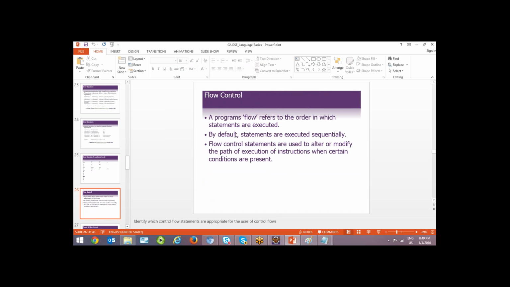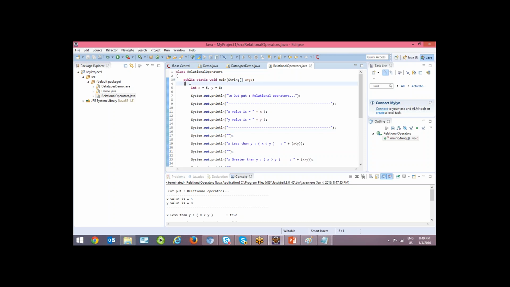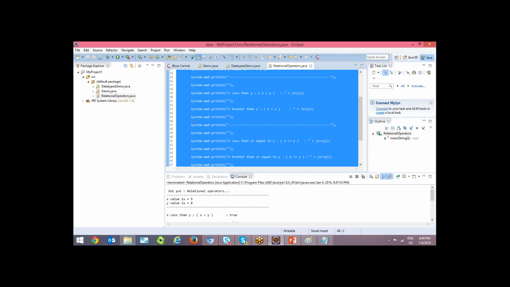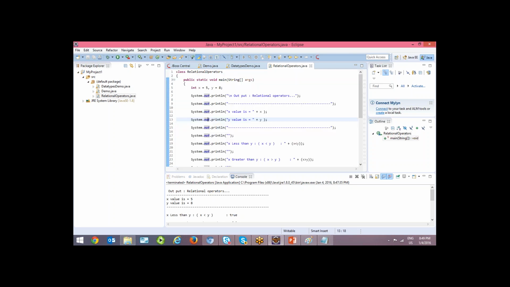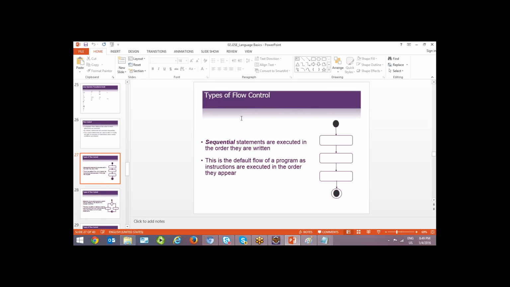And the flow control. So this is the programs where the program execution starts from main and it will end over here. This is a sequential execution. There is no control over the program. Now there is a set of statements called flow controlling statements, which will have a control over the program by giving some condition. By testing some condition, you can control your program. Either you can repeat certain statements or you can skip certain statements, right? All that is possible by means of these flow controlling statements.